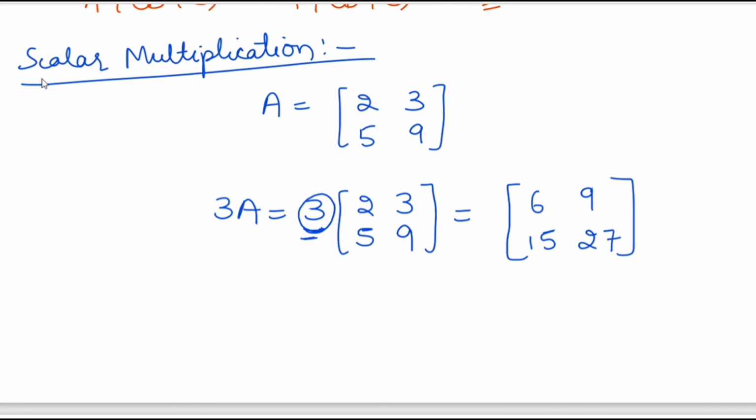So this is known as scalar multiplication. That is, if we have any scalar k multiplied to any matrix A, then it will be multiplied to all the elements present in matrix A. Okay? Now we have two properties based on this. First property is k